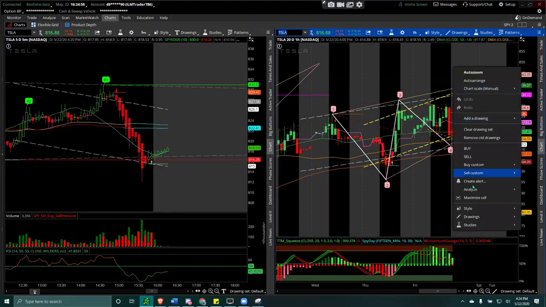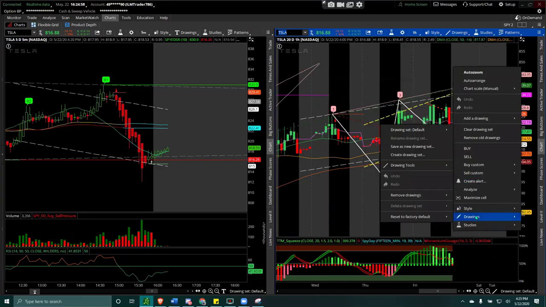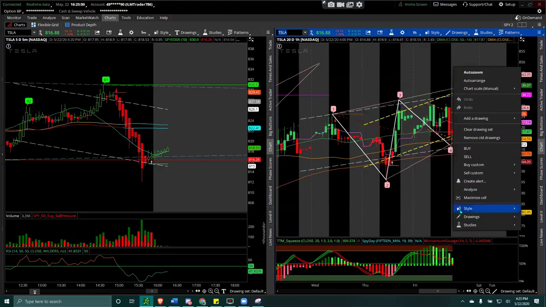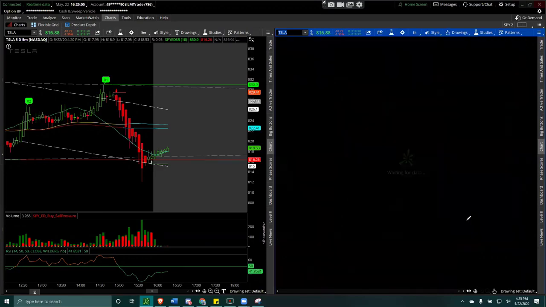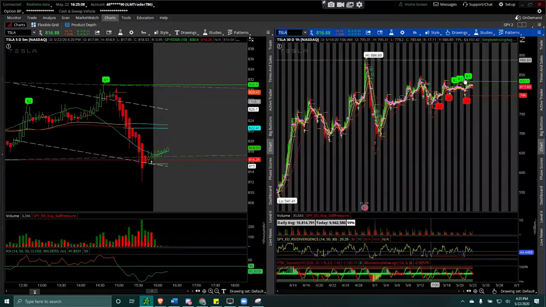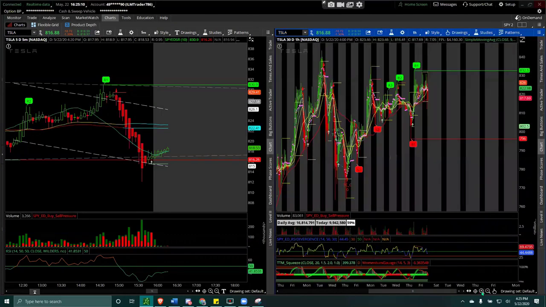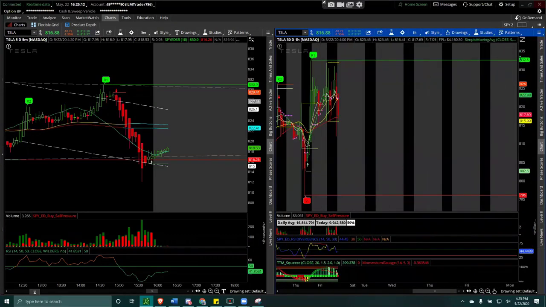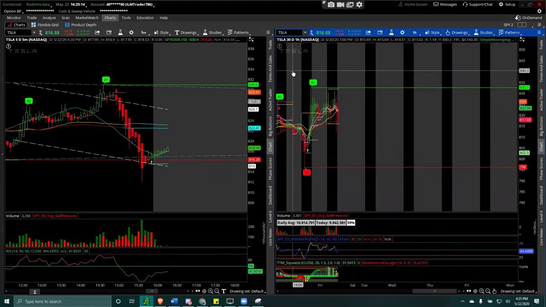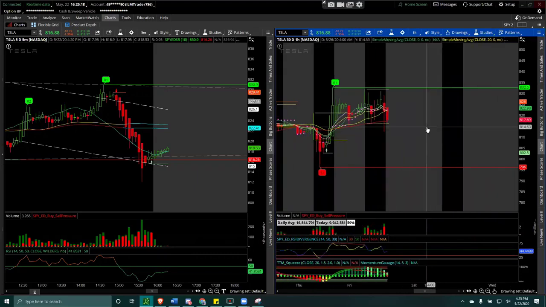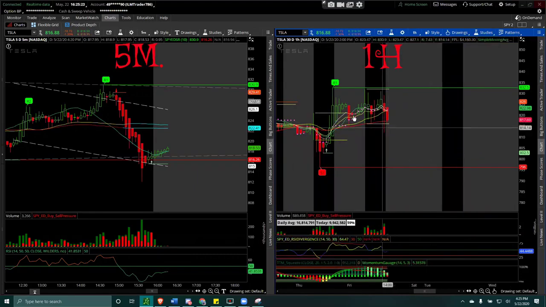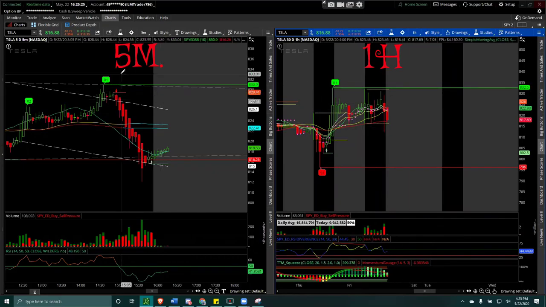So I'll just like to keep it simple. Let's say I have my setup here. I come to my drawing, my styles, I come here and I will load my styles, and I'll do SPY hourly, right? And it will automatically change to my hourly settings. You guys could always change the setting and save it. I'll show you guys how to do that. So this gives me 2. This is all I have when I'm day trading. Whenever you see my live streaming, this is what I have: an hourly one, and then the daily one.